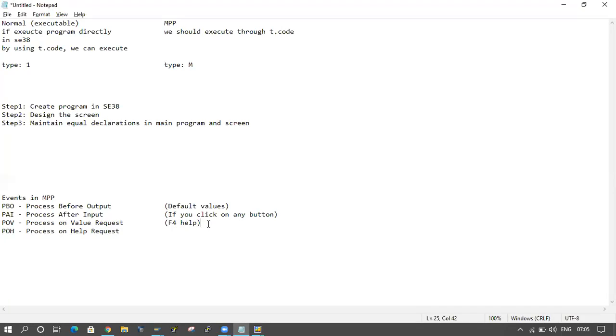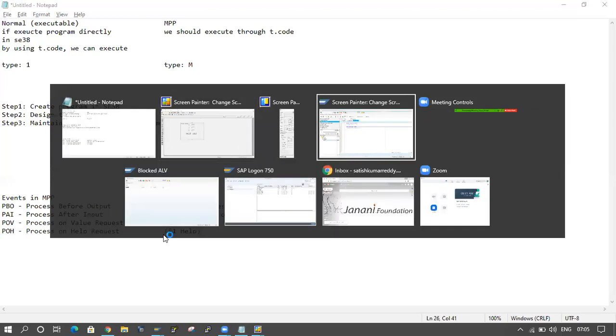If you click on the F4 button, then we can provide a list of possible values. That is the F4 help, and on help request is for F1. What is the F1 here?